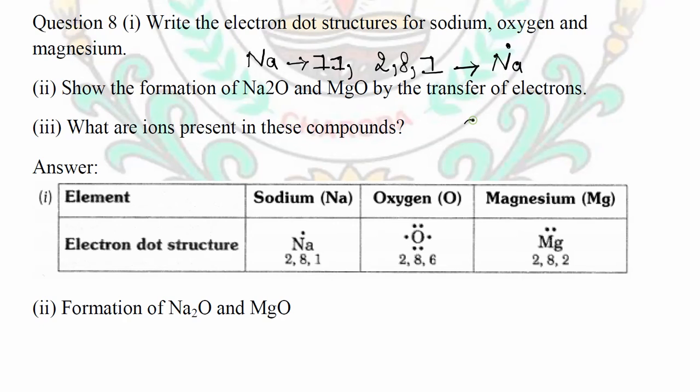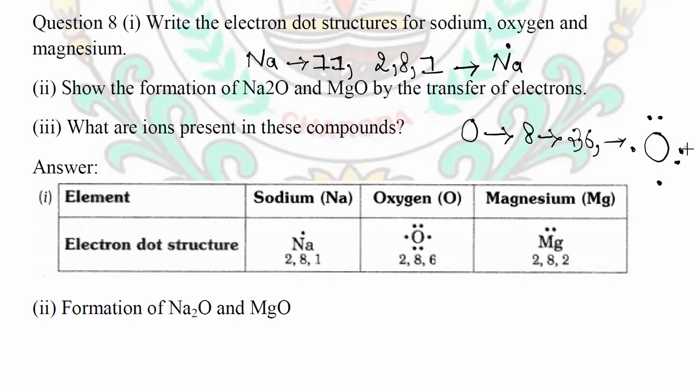Next, for oxygen's dot structure. For oxygen the atomic number is 8, that is 2, 6. So how many outermost electrons are there? 6 valence electrons are there. So how to represent this? 1, 2, 3, 4. What we have done is arranged the 4 dots, that means 4 electrons, in sequential clockwise order. Then after this we will start to pair the electrons. So 4, 5, 6. So here we will observe that in the case of oxygen, 2 unpaired electrons are there